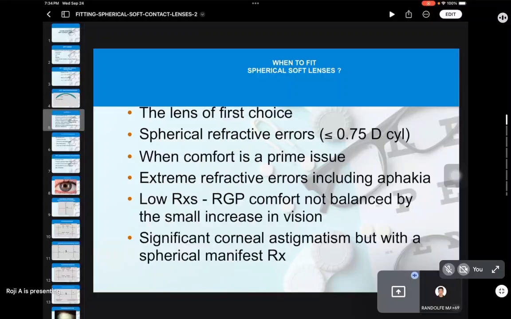The lens of choice, of course, is soft because of its comfort, again, the properties, of course, having the most comfortable, if experiential is what we're looking at. And then we have spherical refractive errors, which is, as we're looking at here,